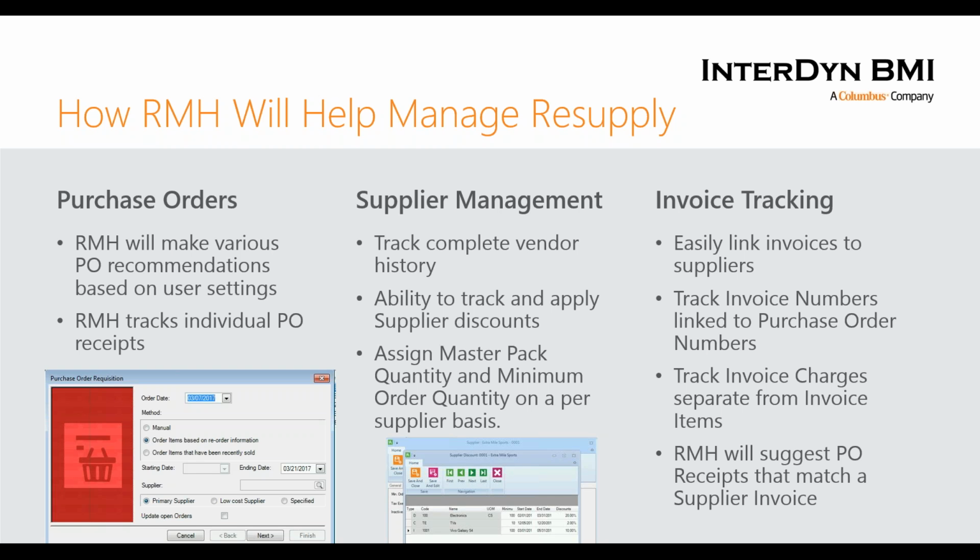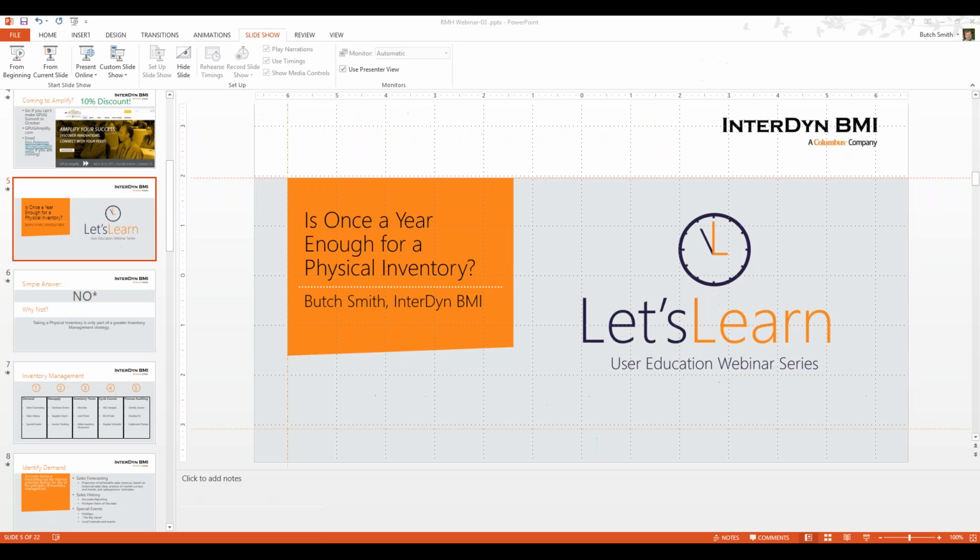and you can do things like assigning the master pack quantities and assigning the minimum order quantities on a per supplier basis, so that if supplier A can get you a better price, but their minimum order quantity is twice as much as another supplier, but you don't see your forecast,